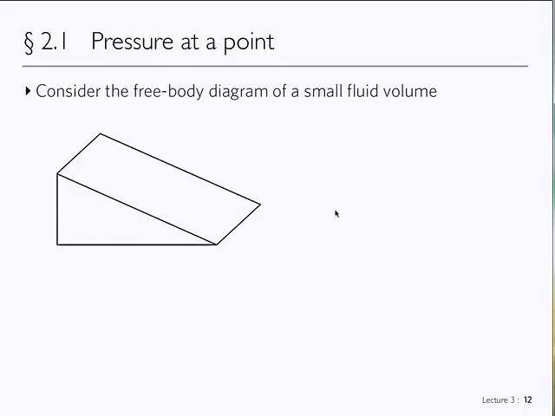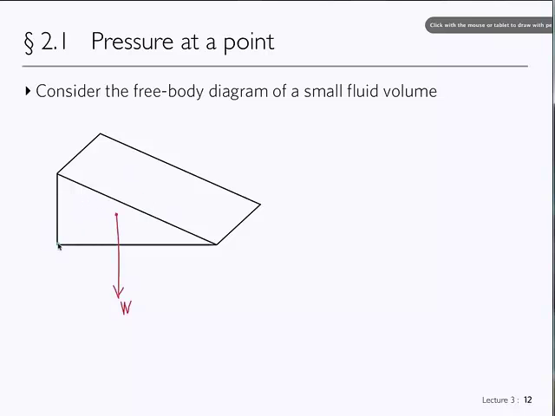So consider the free body diagram of a small fluid volume, and it has the shape of a wedge, and so we're going to have pressure forces acting, of course, on every single one of these walls, and we're also going to have the weight of this. Let me draw the weight right here, the weight of this fluid, and we're going to have pressure forces acting on every